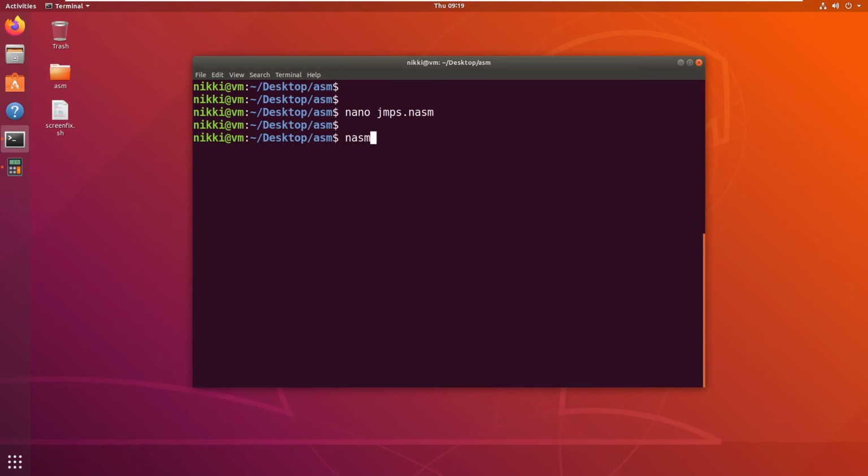Now let's assemble with NASM. Now let's link the object file with linker LD.